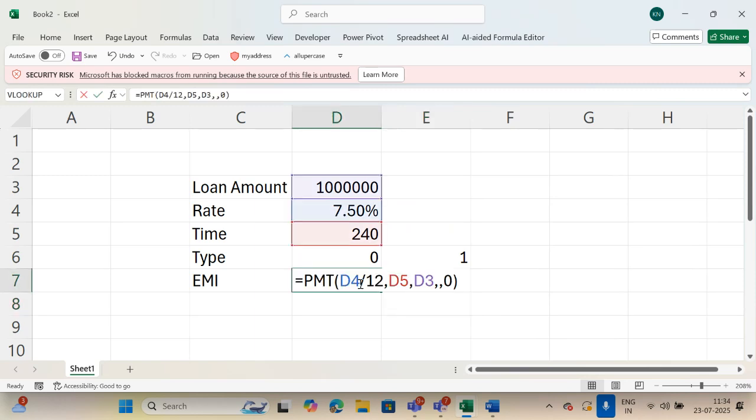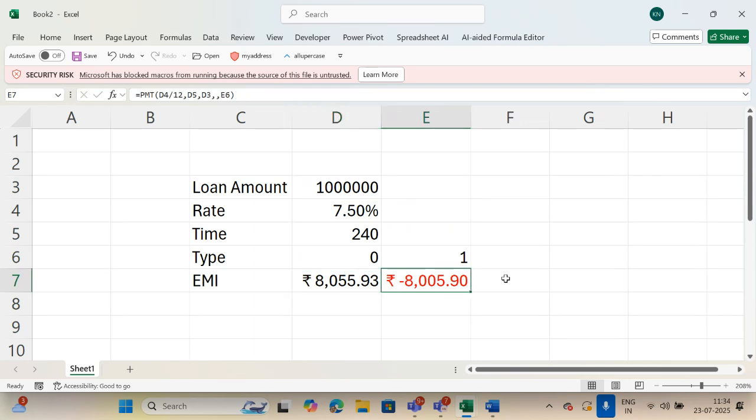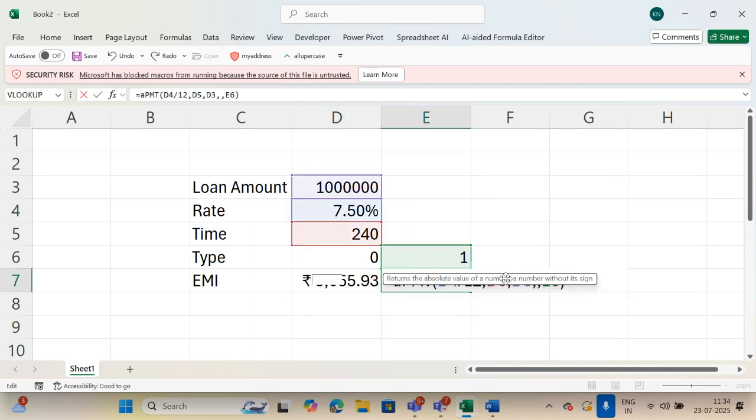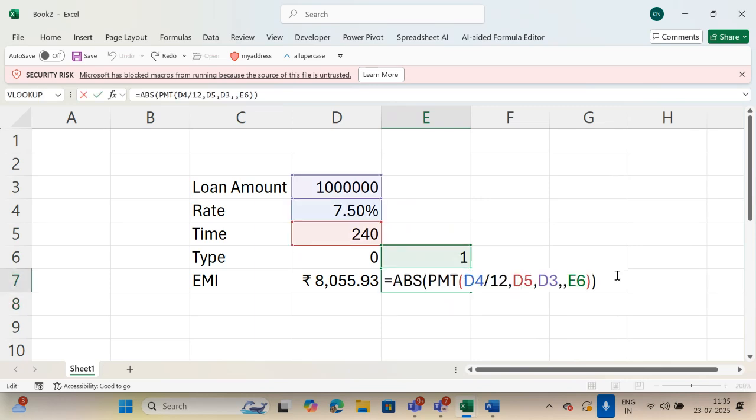And if you want to convert negative to positive, I already told you one function, that is the ABS function. The ABS function converts your negative value into a positive value. See, negative to positive. Is it clear? So that I can move on and give you the explanation on interest and different things. Is it clear?